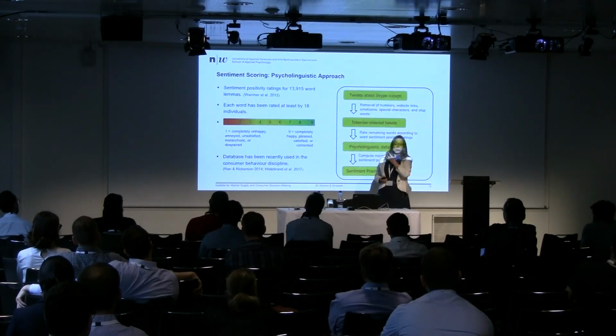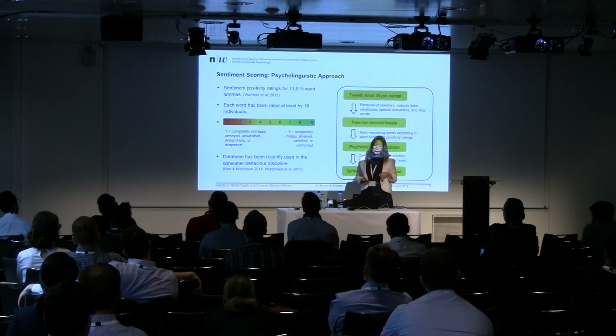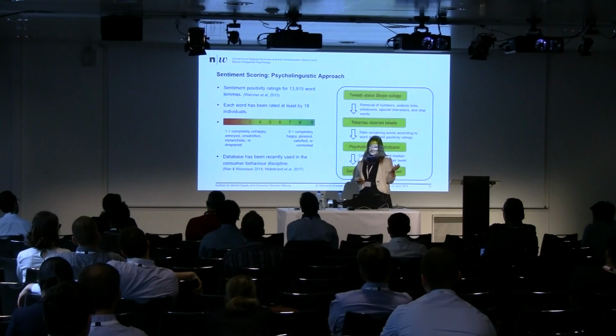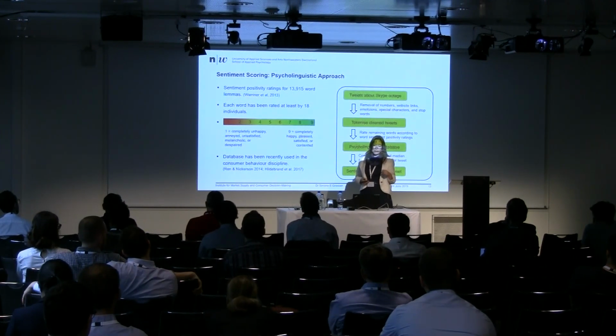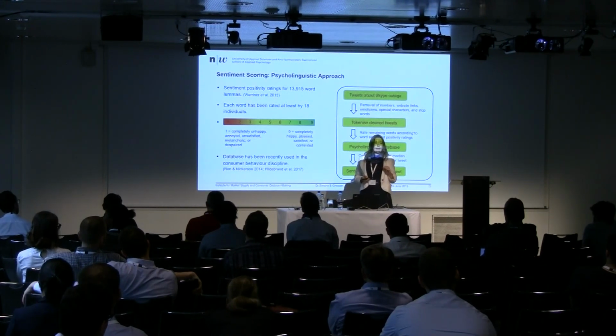How did we compute the sentiment score with the psycholinguistic approach? When I got the tweets, I removed all the numbers, the web links, emoticons, special characters, and stop words. And I tokenized the clean tweets, sort of like the usual thing that one does with NLP. And then I used a psycholinguistic database, and I want to explain that a bit more. This database contains